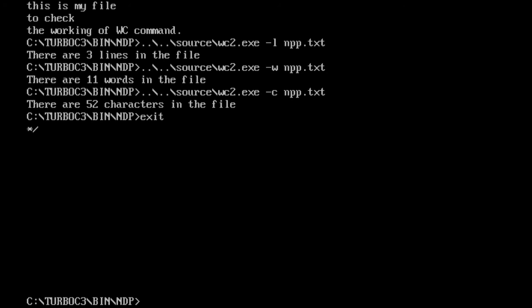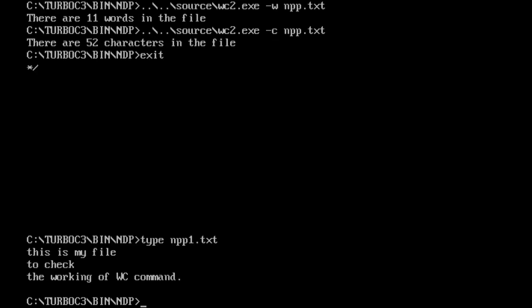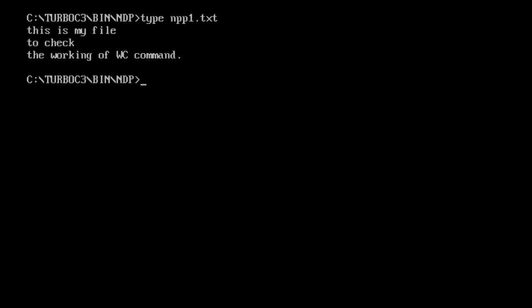Now this file I have already pasted, I have copied and pasted the output of what exactly happened on the DOS shell. So for convenience, let us go through this file. Yes, so it is containing 3 sentences.